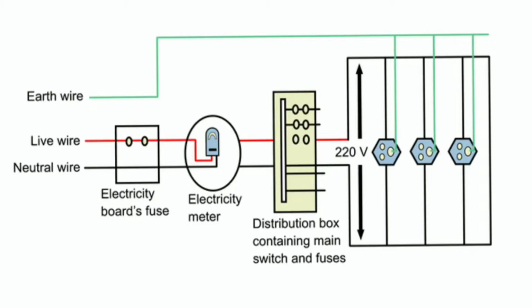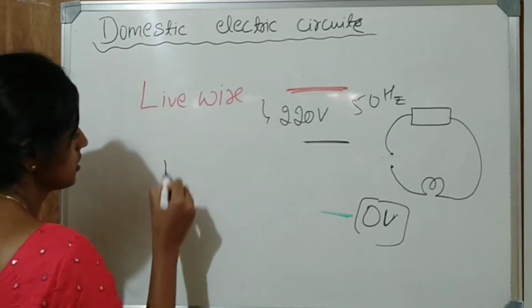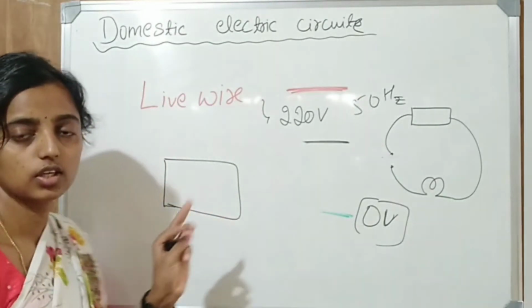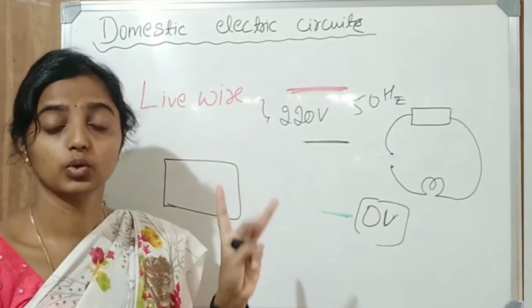Look at the diagram. Observe the earth wire, live wire and neutral wire, and how they are connected in a circuit, or how they connect from the poles to our home. In each separate circuit, different appliances can be connected across the live wire and neutral wire. Each appliance has a separate switch to turn the flow of current through it on and off. In order that each appliance has equal potential difference, they are connected in parallel to each other. So observe this diagram. We have some appliances here. It contains 3 wires: live wire, neutral wire and earth wire.